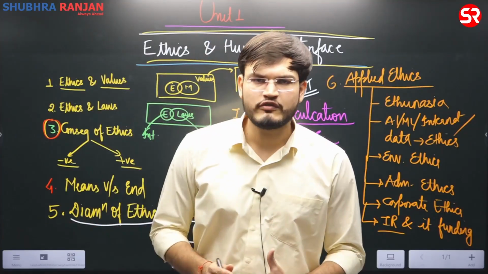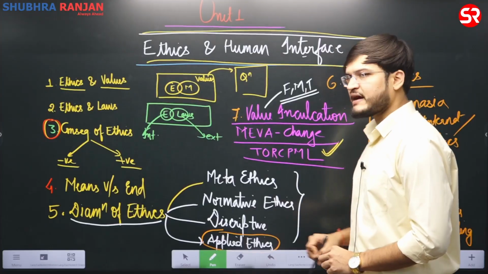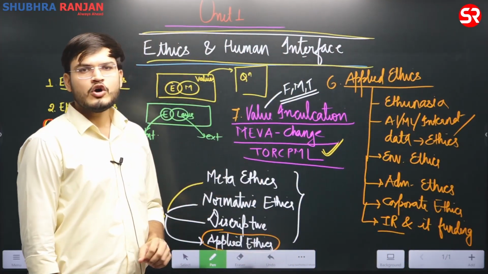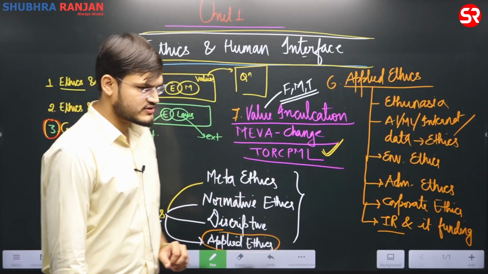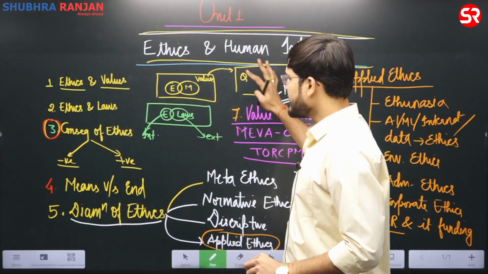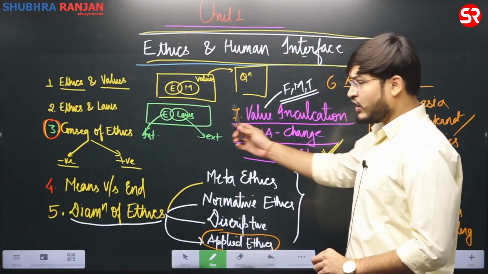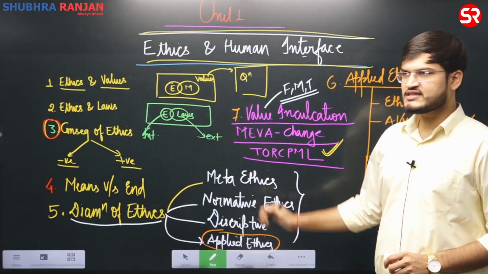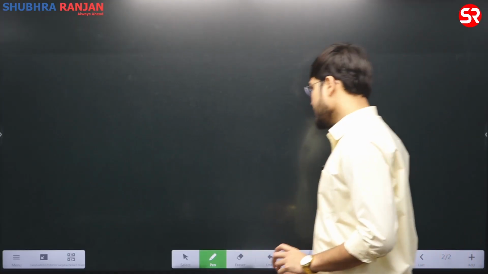All of those aspects you can always take as a point and write in a framework-wise manner or keyword format, that is TORQUE plus PML: trial and error, observation learning, role taking, conditioning, prejudices, media and learning institutions. So with this we have already understood that from unit number 1, these themes are very, very required. Beyond this, no question will be asked. Beyond all of these portions, whatever we have discussed here, no question will be asked. These are very, very important things.